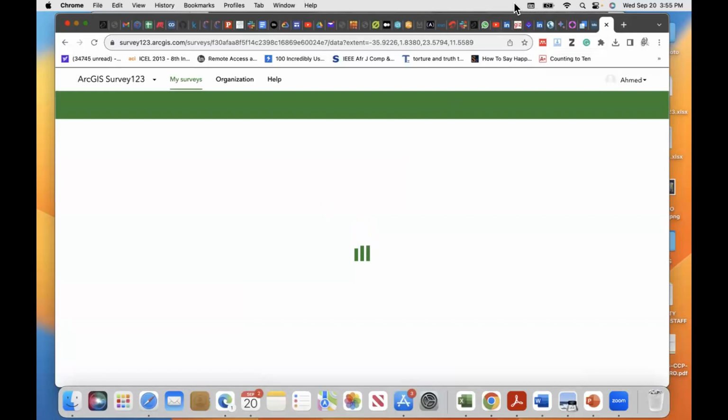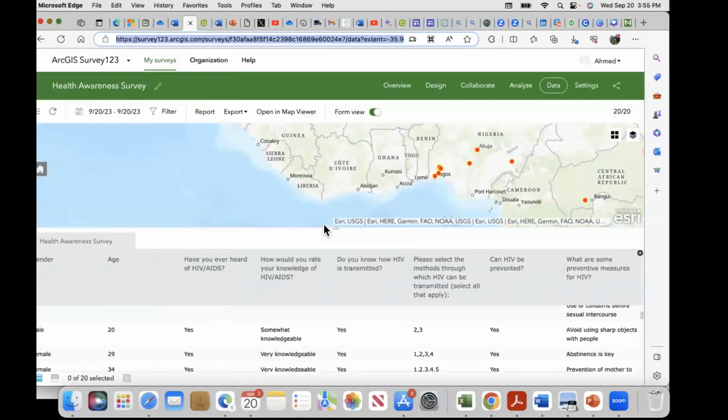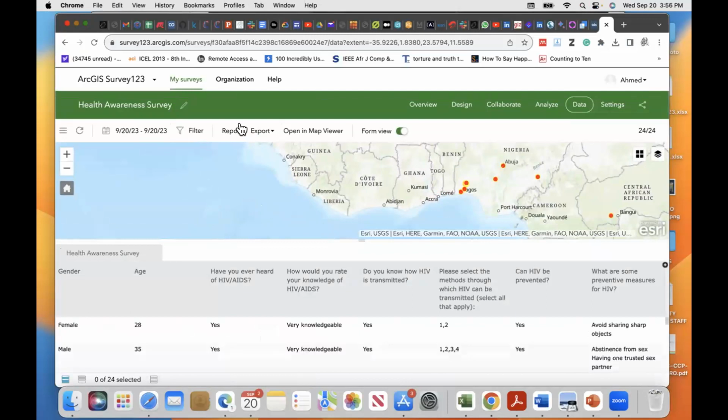Is my screen visible? It's visible. Okay, good. So I'm on Chrome now. You will see that what I could do on Microsoft Edge, I can do easily on Chrome. Oh, we have 24 now. So I can go to exports and convert to Excel, and it's exporting my files.